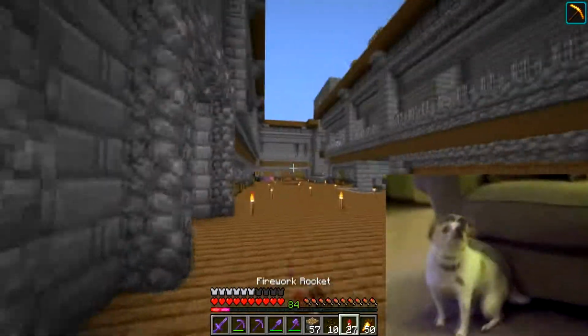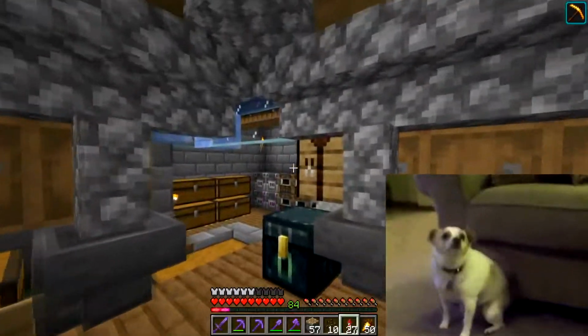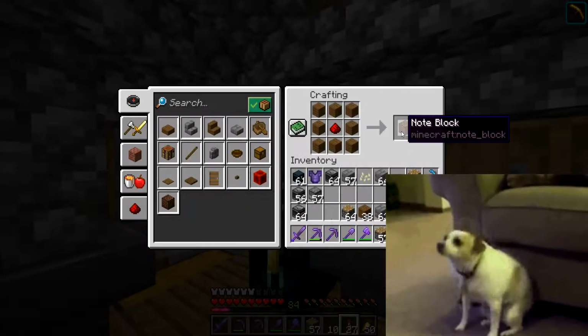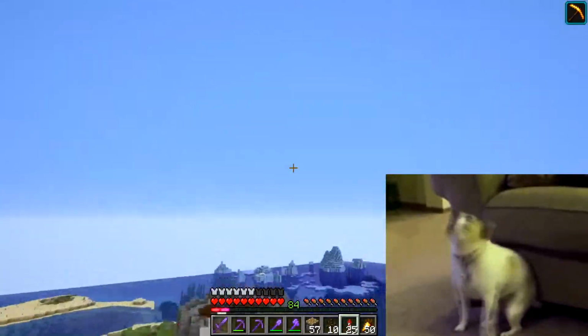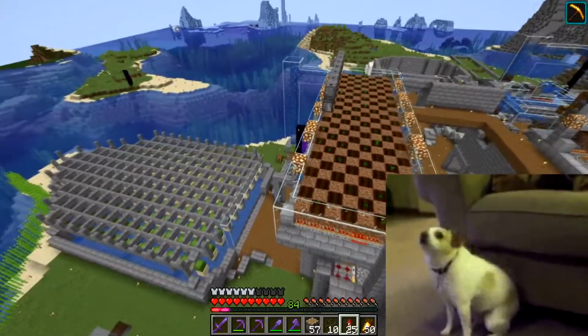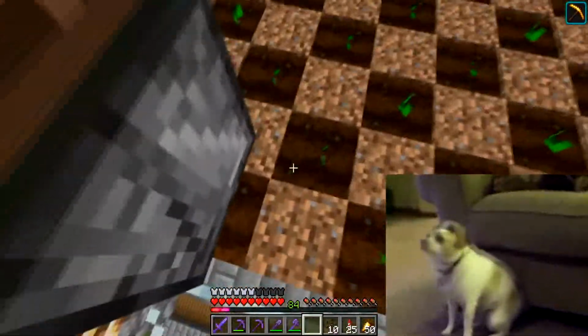Oh well, so we've got a redstone, we get some wood, note block. I'm just gonna test it, or see if there's some weird redstone change I don't know about. I'm really worried that's the case. So if I put a note block above this...